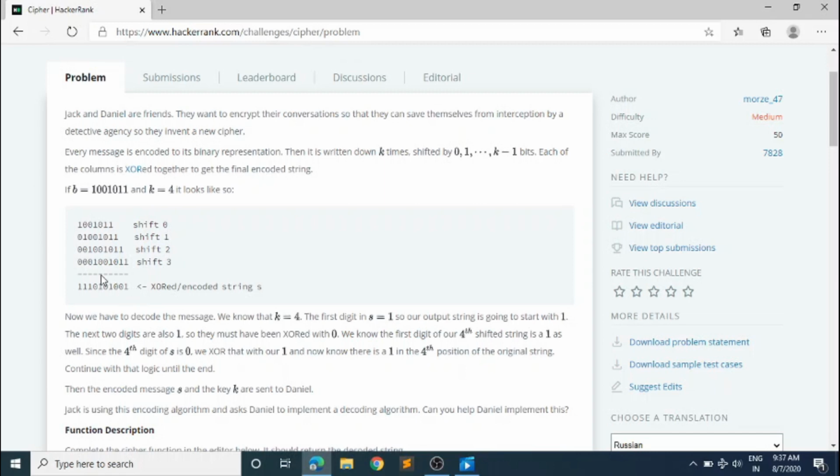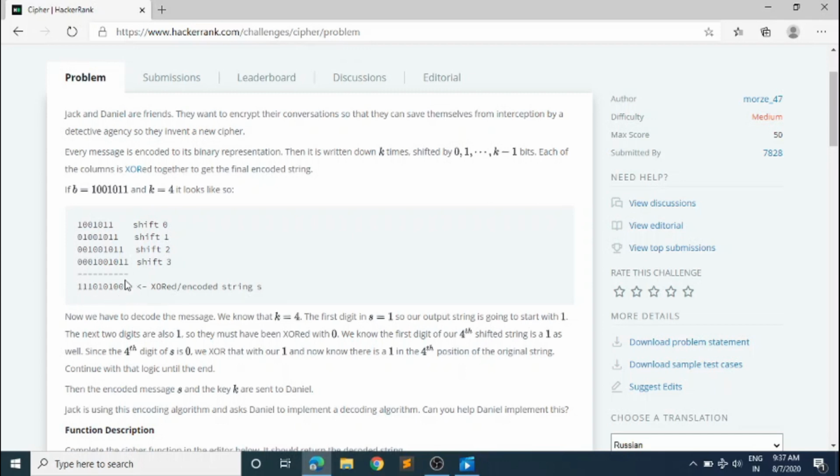What it says is that in shift 0 no bit is shifted, in shift 1 each bit is shifted to the right, in shift 2 each bit is shifted to the right again, and so in shift 3. Now what it did in all the columns, as you can see, this is the first column, it XORed all the digits and finally got this digit here. Similarly in the second column it went through all the digits, XORed them and got this, and in this way it got this digit.